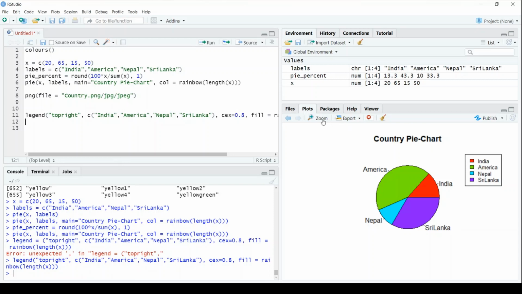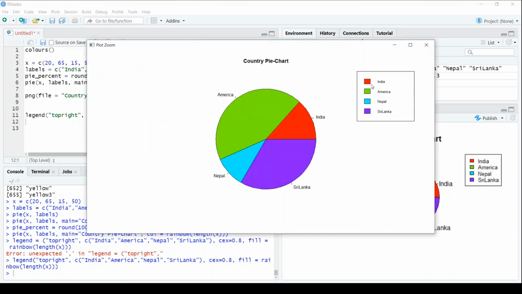Yes. In this chart I'll zoom in. You can see here on the top right corner, whatever colors we have used in this pie chart, it is displaying a set of information. So this is called a legend. What we are displaying here is the information which we are using in terms of X in a pie chart, that will be a box of implementation.